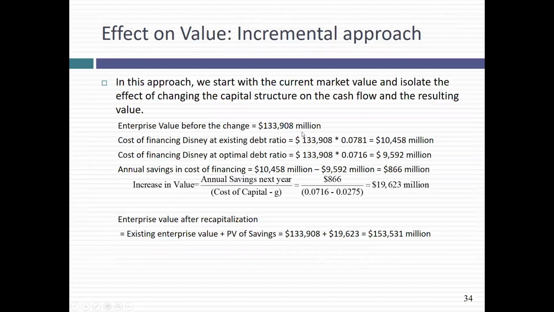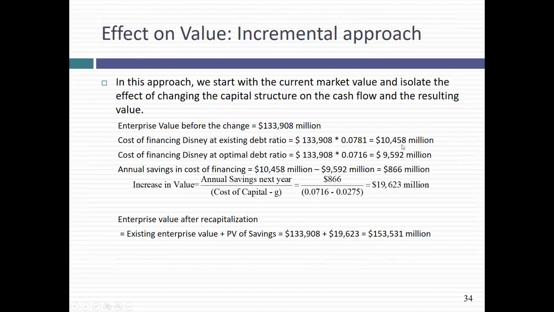What is the cost of financing at the existing debt ratio? Well, we're going to take this value and multiply it by the current cost of capital. This says how much we're spending in a given year, because for every dollar of value, we're spending 7.8 cents in cost of capital. So if we have this amount of dollars in total at the firm, this is the amount that